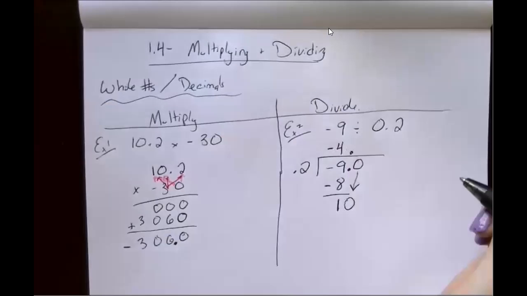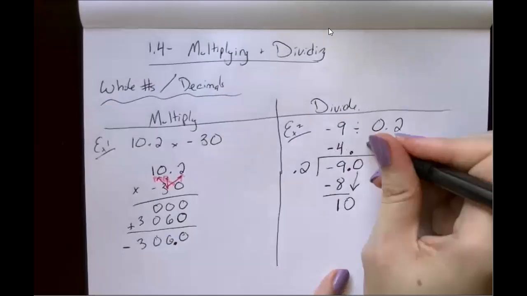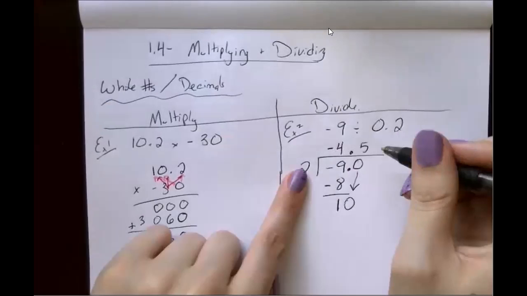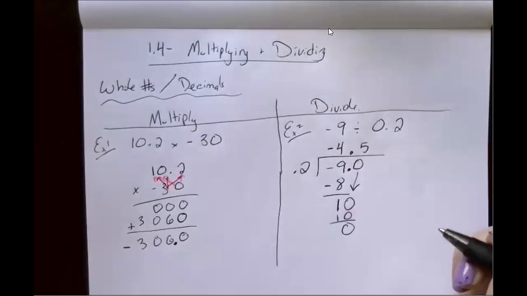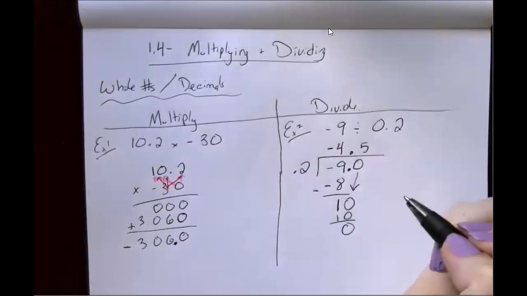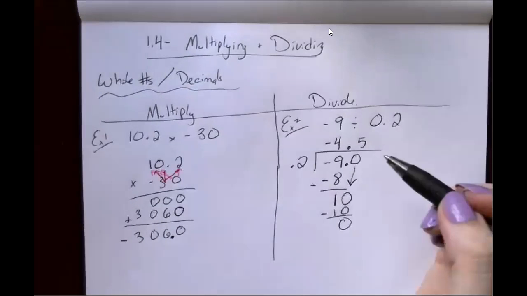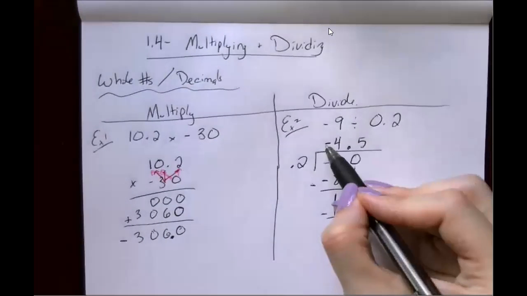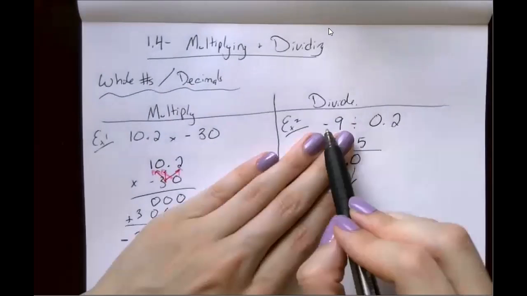Now we say how many times does 2 go into 10? Well, it goes in 5 times. 2 times 5 is 10. We subtract those, we have 0 remaining. Okay. And then this is where you could put that negative in if you wanted to just leave it to the end. You would just say, okay, if we go back to our original equation here,